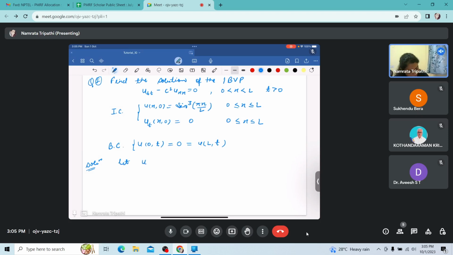For this, we will let u(x,t) be a function of x times a function of t, X(x) into T(t), of course this is not equal to 0. Then